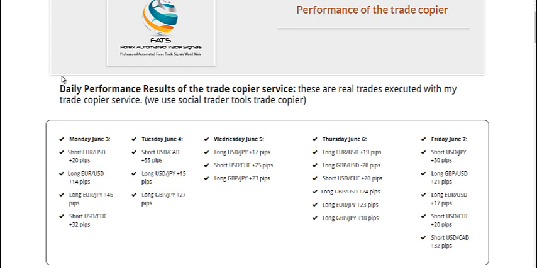I get that email all the time, and people want something really vague and general: just tell me what lot size I should put on my account. Well, they're not taking into consideration all of these different things. So the individual who understands these lot sizing concepts, and understands margin and leverage and how to grow their trading account, is a more experienced, more advanced trader, and that's who this Trade Copier is